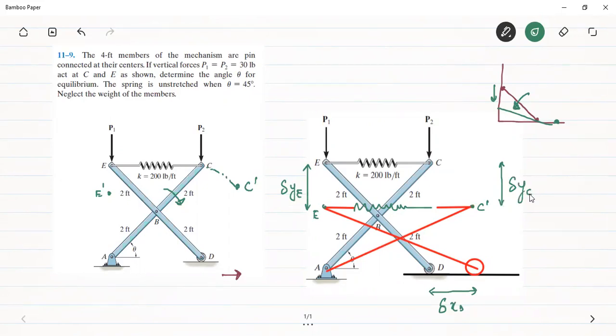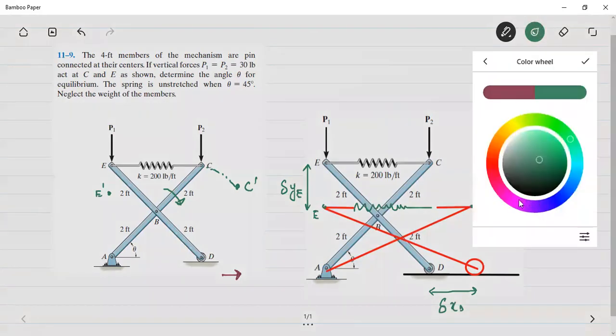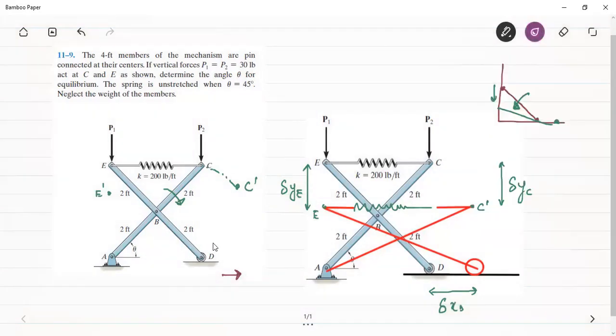Okay, now if I draw the complete free body diagram of it, we can see the virtual work will be done by what displacements? We can see that the virtual work will be done first of all by this force, and the virtual work will also be done by which force? By the spring force, because it will undergo extension. Obviously this length of the spring here is less than this length. This length is more, isn't it? So what should be the direction of the restoring force?